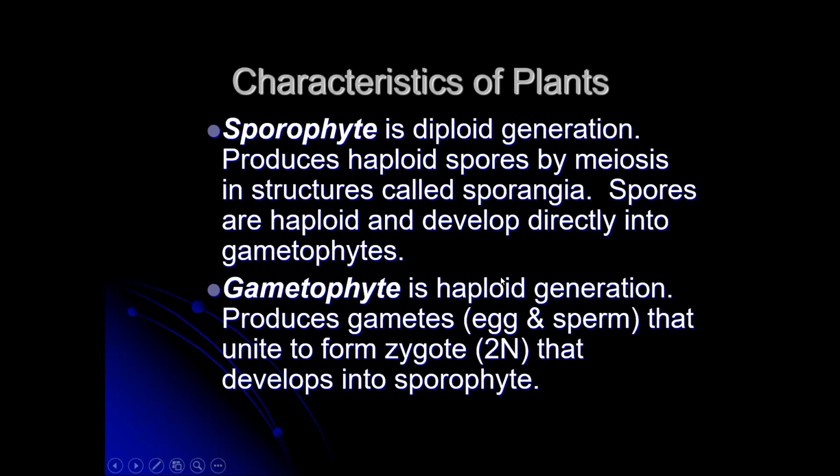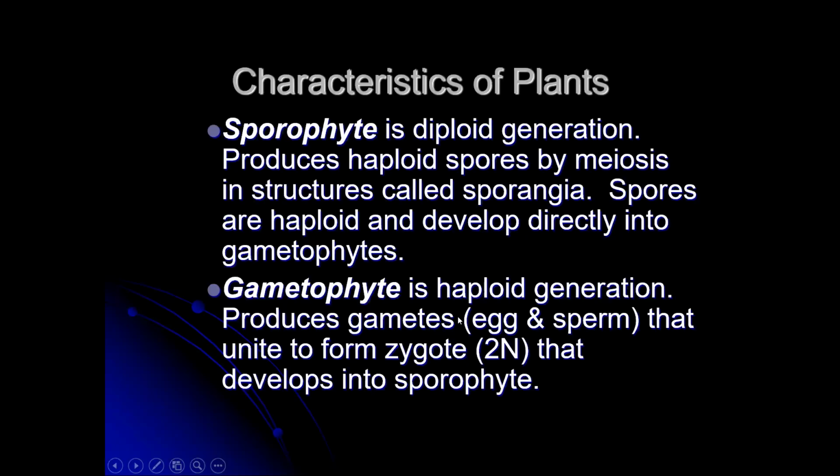And all the cells in this structure are going to be haploid. It's going to produce the gametes. And then that zygote will, again, get carried somewhere else, usually far away, okay, by some vector, and develop into a sporophyte. So the grandchild looks like the grandparent, okay? Parent, child, grandchild, okay? Every other generation. And that's why it's called alternation of generations. And it's just a little weird.